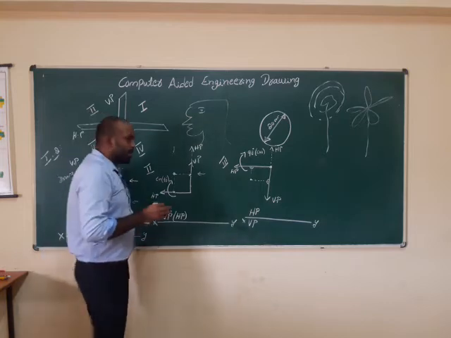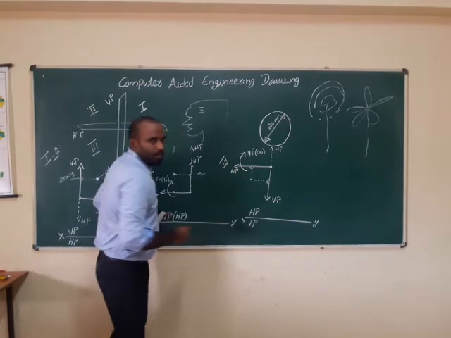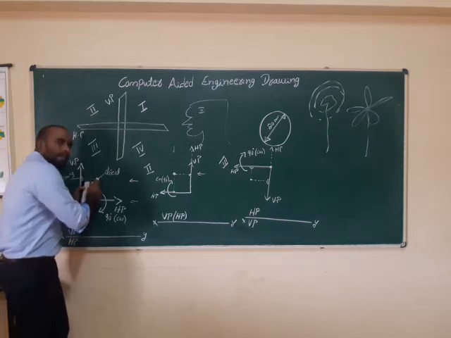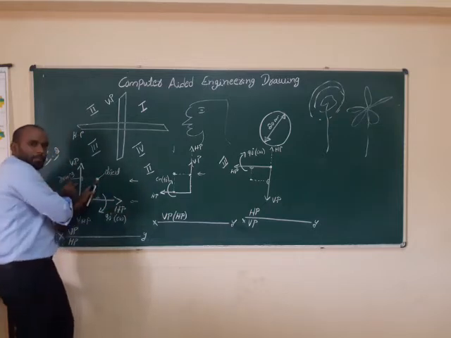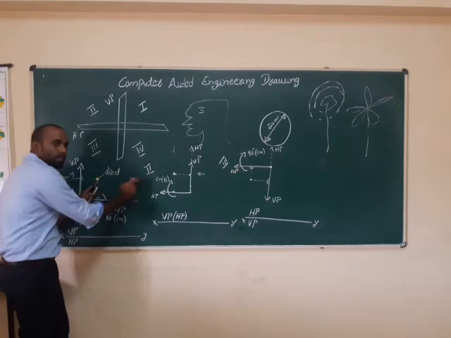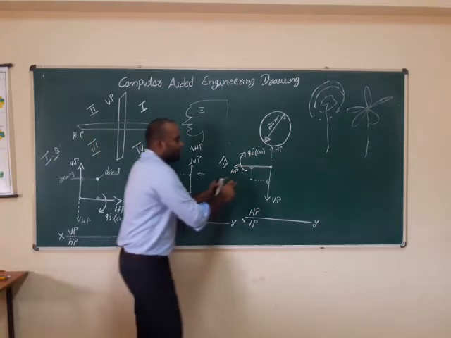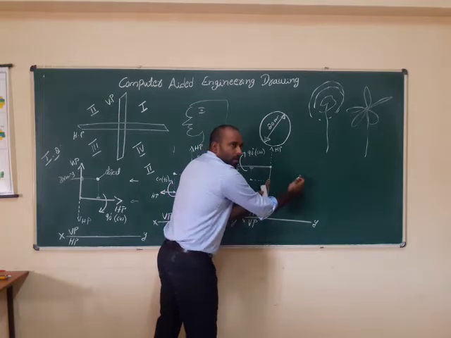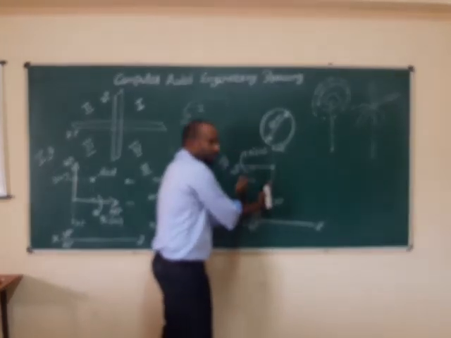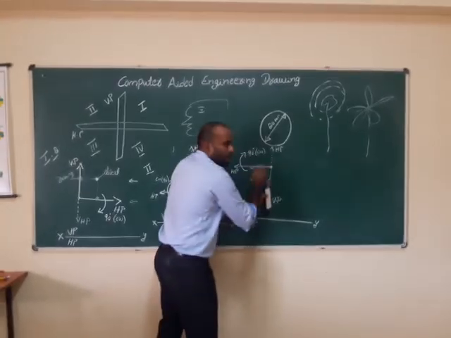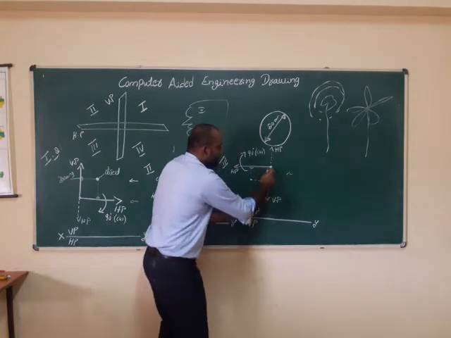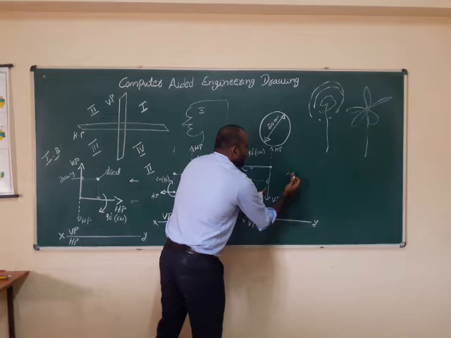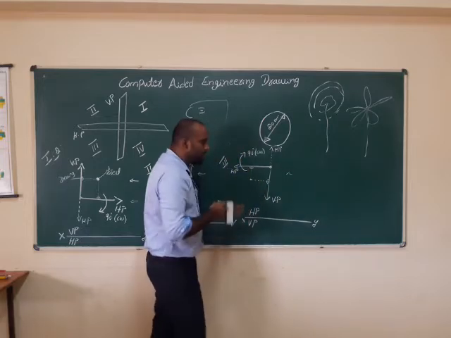This is very important for the first quadrant and the third quadrant. In the first quadrant, the object is in between the observer and the plane. But in the third quadrant, the plane is in between the observer and the object. The observer is on the right side. The plane, whether horizontal or vertical, is in between the observer and the object.